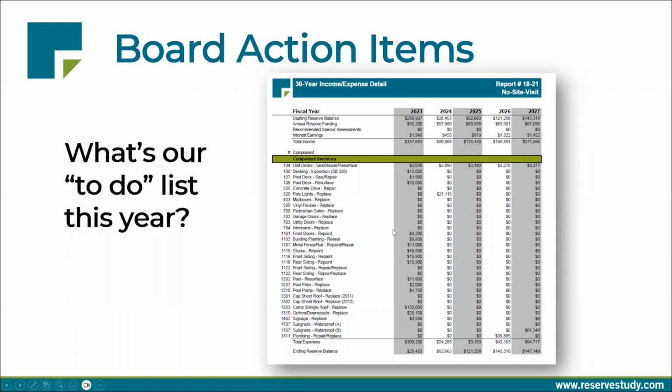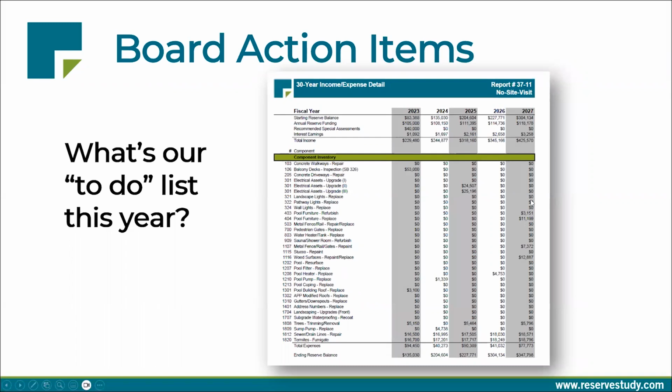And so this is your assignment for what you're doing in the course of the year. Or it may be a different property. Here we go with a different one. This property has a balcony inspection project to do. They can assign that to someone and you can check it off. And what do we have? The little pool building roof. Simple project, not too big of a deal. But this is your to-do list for the year.